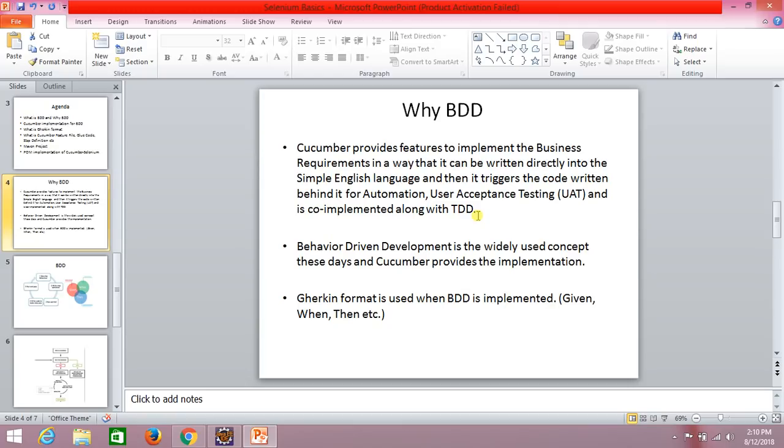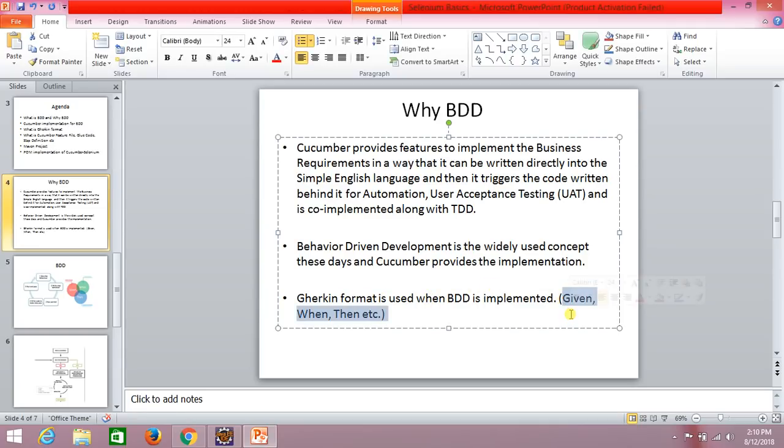Nowadays, even in the user stories, the way of writing down the requirements comes in a format called Gherkin format: given, when, then. So whatever business requirements are coming in, they are being written in the format of given, when, then, so that it's easier to understand for the business stakeholders, for the product owners, and for others, whoever wants to understand the need of this requirement, from the business perspective as well as from the implementation perspective. So in BDD, Cucumber provides you the feature wherein you can directly convert these business requirements